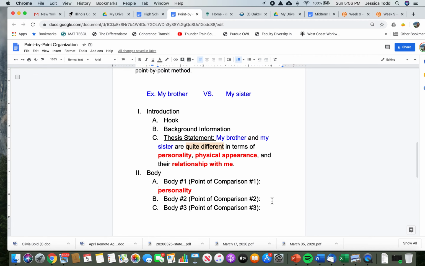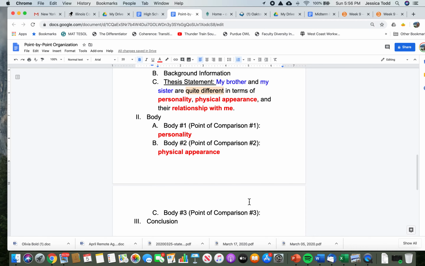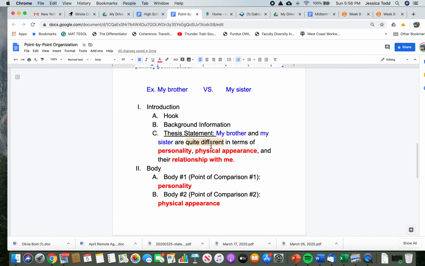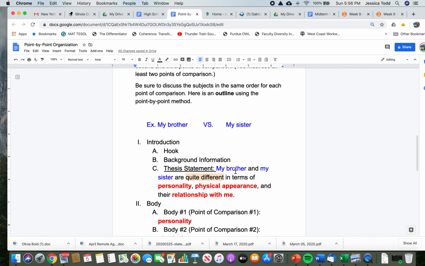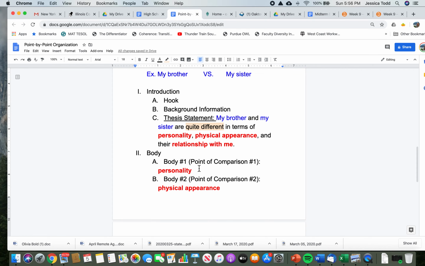The second body paragraph is going to be my second point of comparison, physical appearance. I'll put that here. And then my third body paragraph, can you guess what it is? That's right. It's going to be the third point of comparison here, their relationship with me, right? Okay, so what this first note is saying is that I have to discuss one point of comparison for both subjects. So that means with my body number 1,